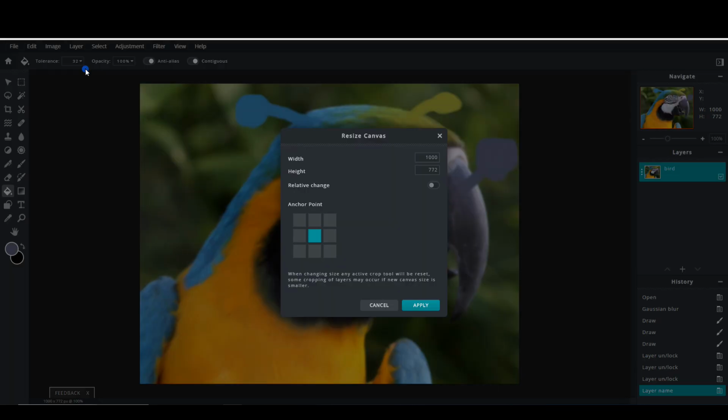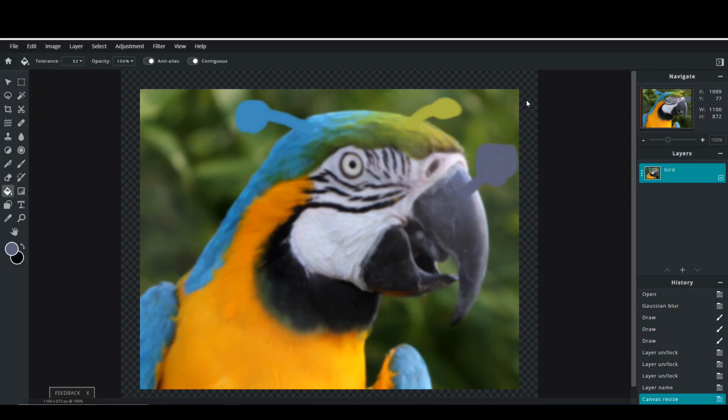Okay, Canvas Size. And then I'm going to click this relative change. That makes it even. And I'm going to put in 100. Now when you click apply, if that edge is not big enough for yours, do it 200 or 300. If it's too big, do it smaller. Now I'm going to select a new layer, so that's this plus,